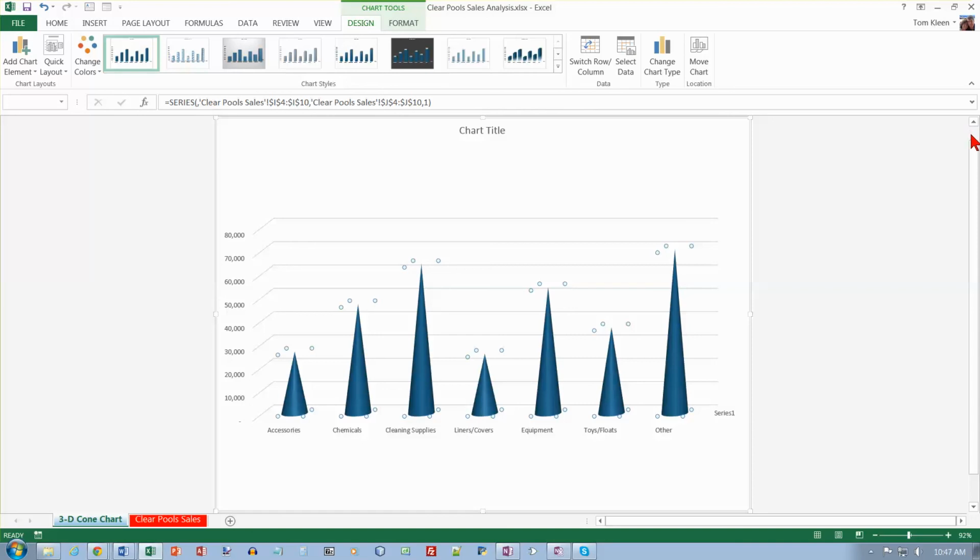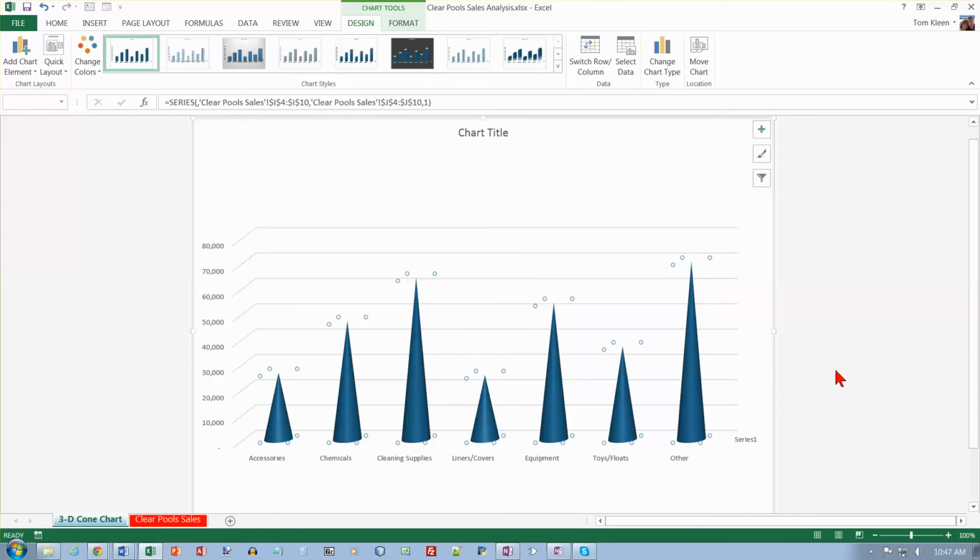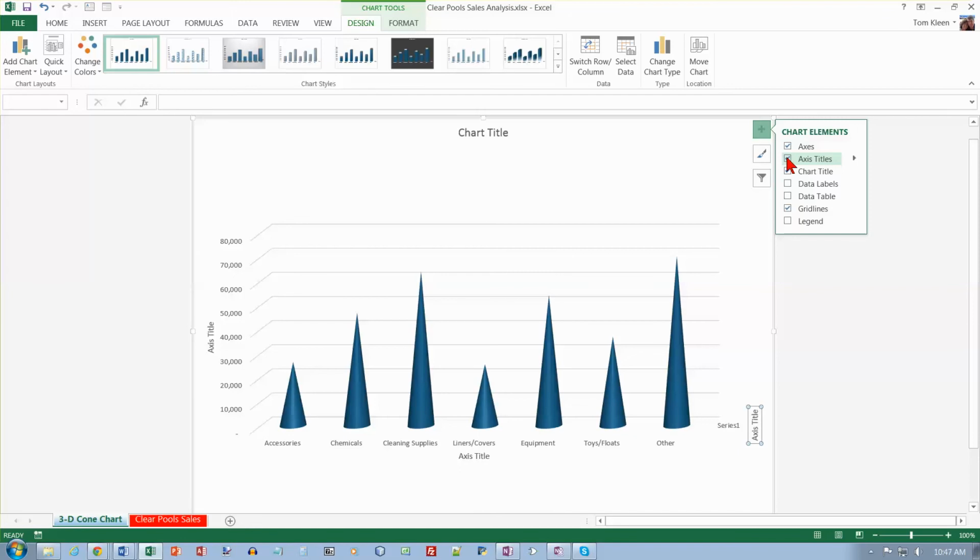Change the zoom to 100%. Okay, mine is on 92. Yours may be different depending on the resolution of your monitor. And tap or click the Chart Elements button up here, the plus sign in the upper right hand corner. And we want Axis Titles. And on the bottom down here, just click on it